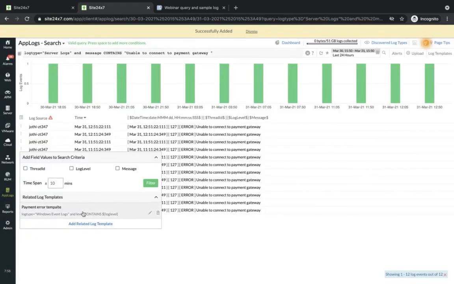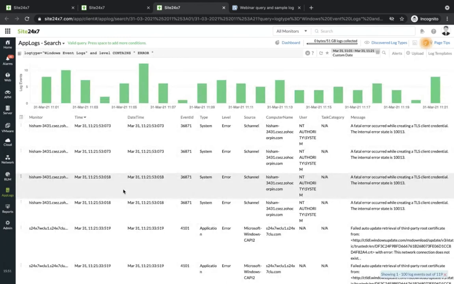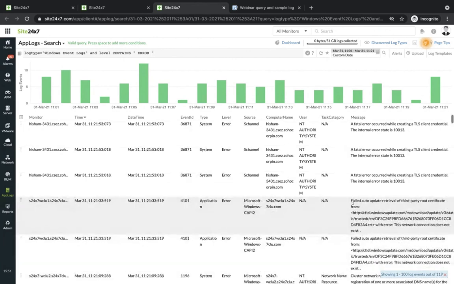So now you simply click on the query here and the related log template will be created, which means you'll be able to view the common fields in the server log and also the Windows event log. That is, for the particular payment gateway failure log line, you can follow the fields of the application log in that event log. So here you'll be able to identify failed auto retrieval of the third-party root certificate.